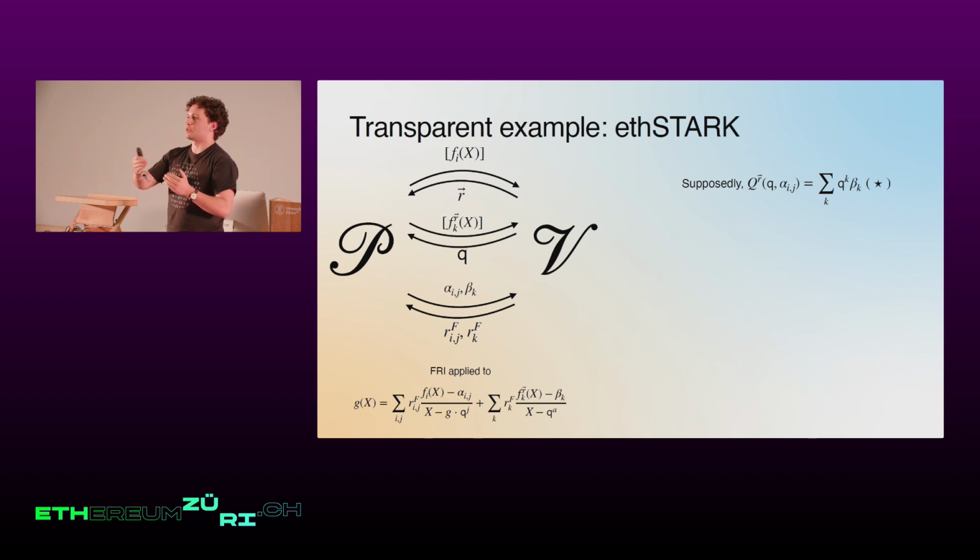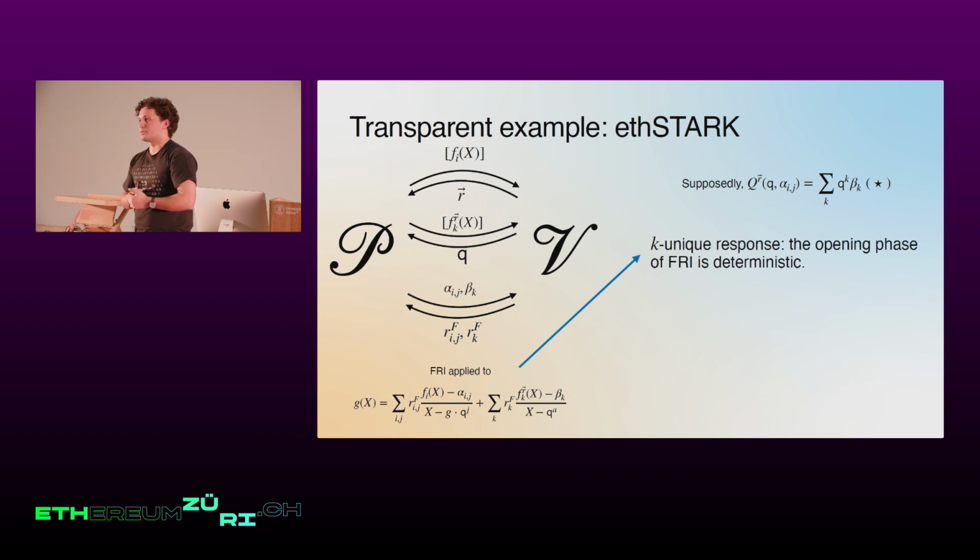And how do we check that the evaluations of these polynomials are correct with the commitments? Here the commitments are not KZG, they're actually Merkle commitments. So you put the evaluations of the polynomials on the leaves of a Merkle tree, and you hash that and you get a root, and that's your commitment to your polynomial. So the way that ETH-STARK enforces that the evaluations are correct is by applying the FRI low-degree testing to this function G, which essentially is a low-degree polynomial if and only if the witness polynomials are low-degree, and furthermore, they evaluate to the alphas and the betas at the points at the denominator.